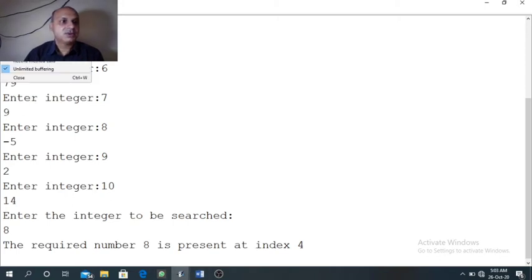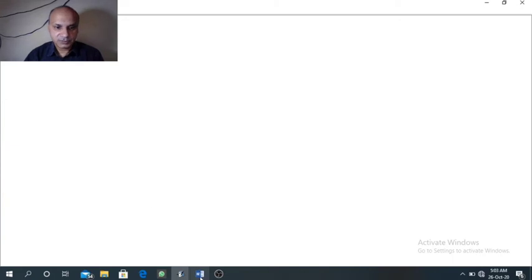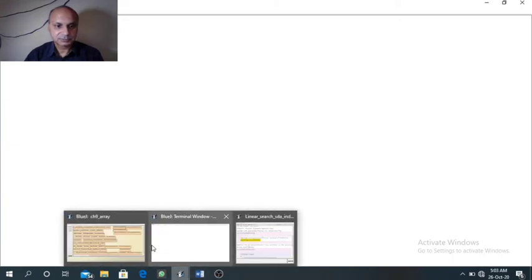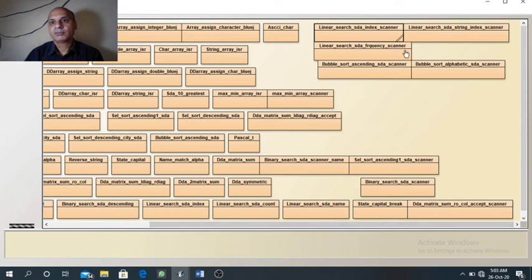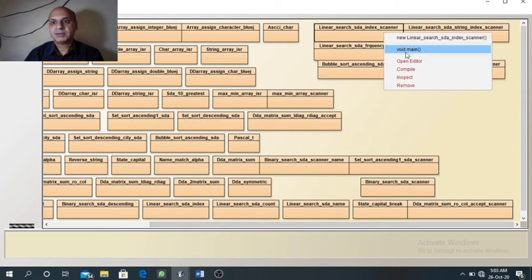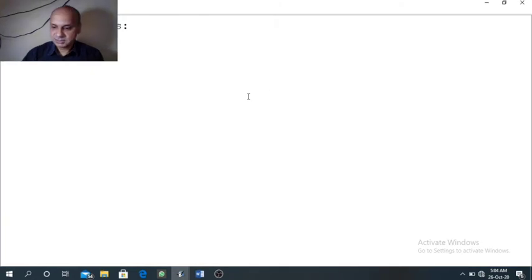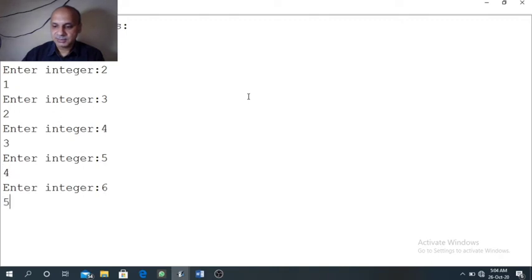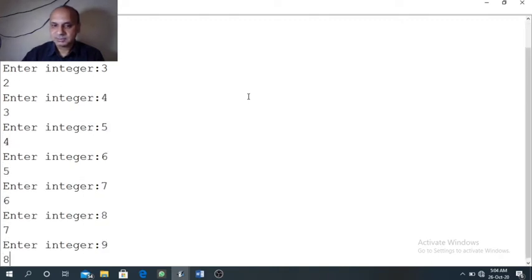Now we will see one more output for a different value. Suppose the number we are searching is not present in the array, then what will happen? First enter all the values.